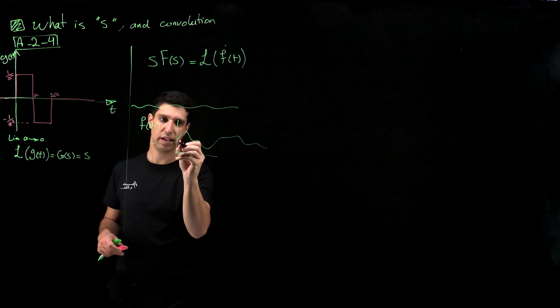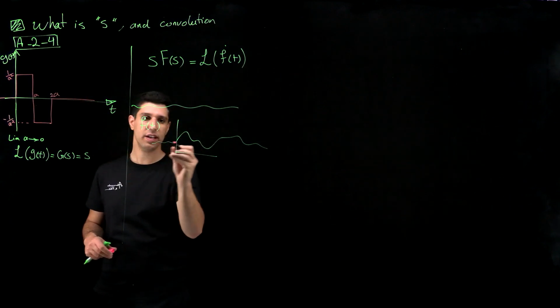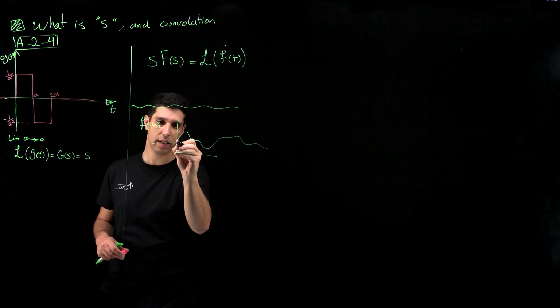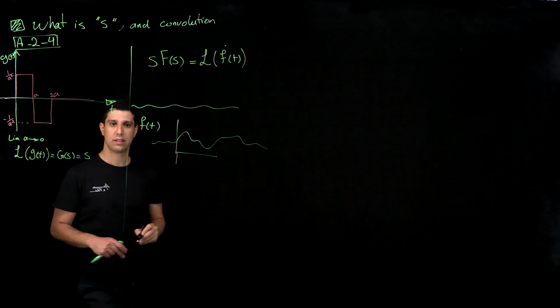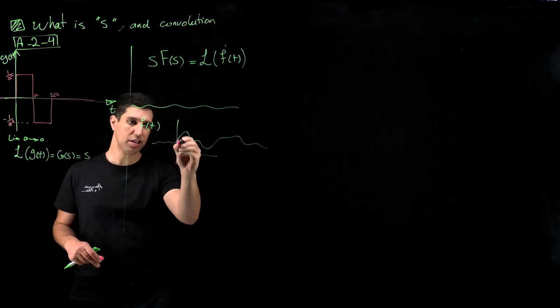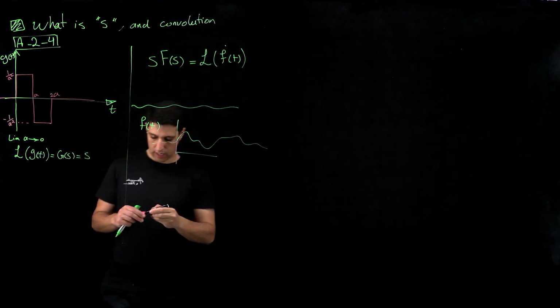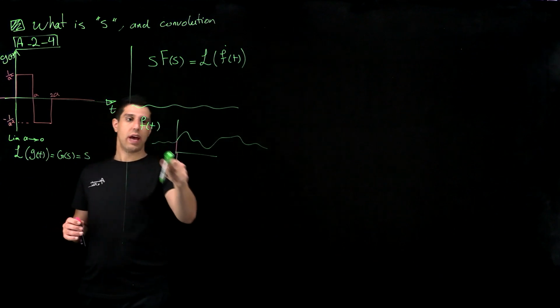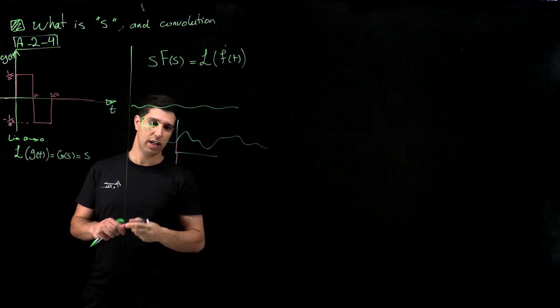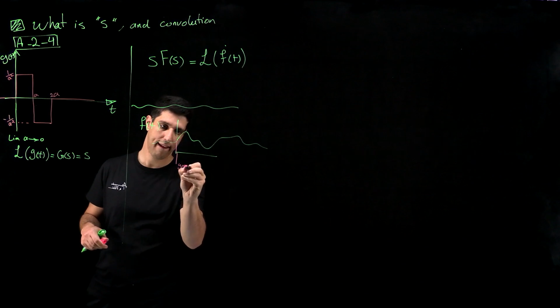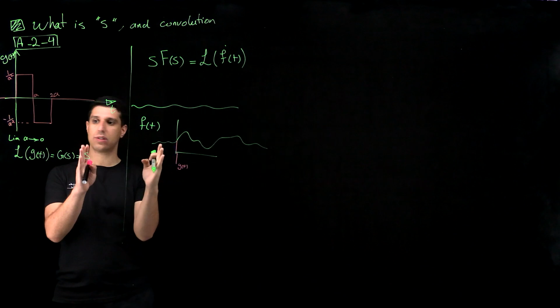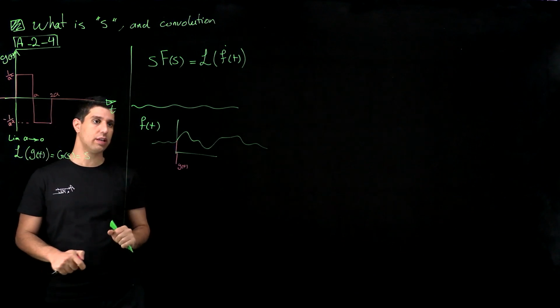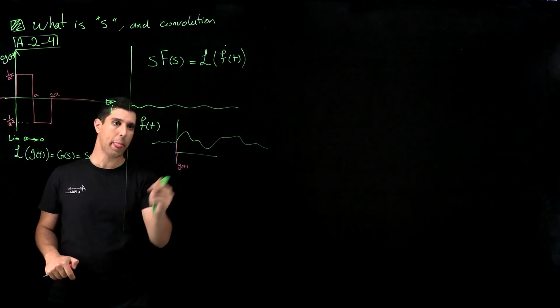And g of t in its limit form is this and that. They are very tiny pulses. If I multiply f by that g of t and then integrate it, as the width of g is getting closer and closer to 0,